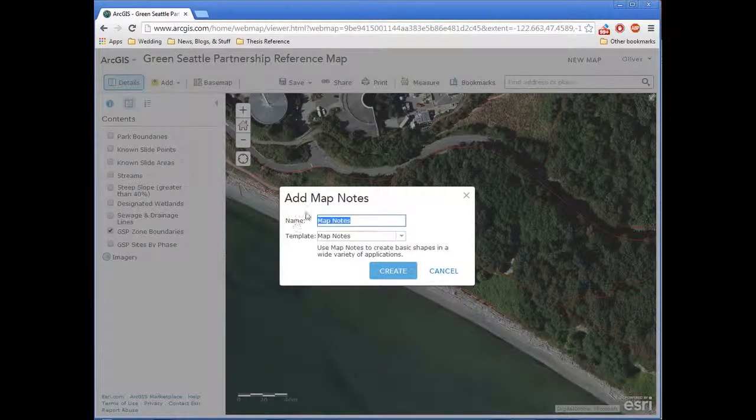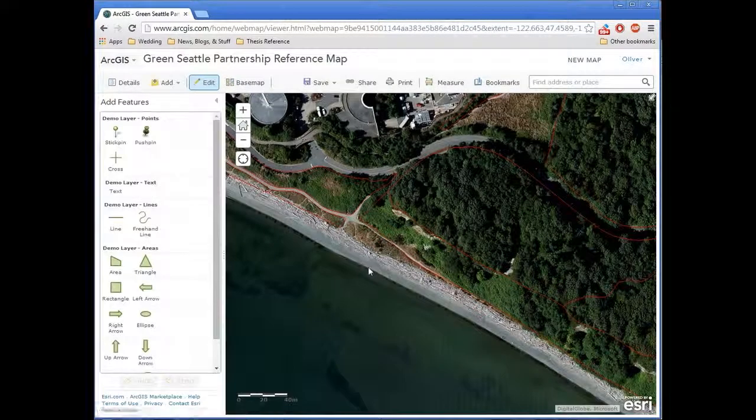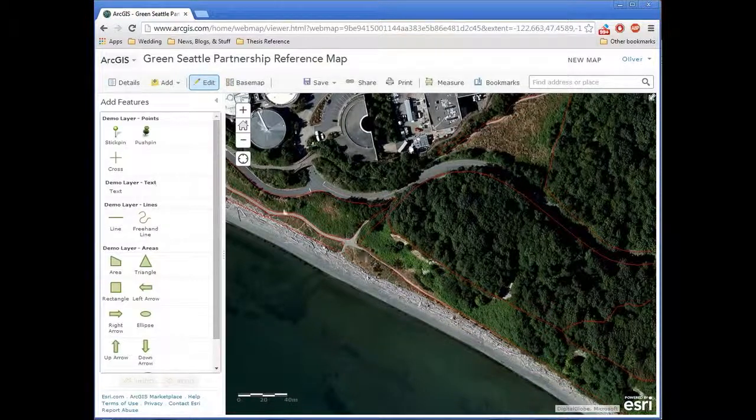Again, to make changes, once you're logged in, you already have the Add option. You want to add map notes, and here you can label them. You can think of each map notes layer as a separate data layer. So in this case, I'm going to name this a layer. And you may find that you want to organize your layers by themes or by phase or something like that. And the tools are the same as the other way, but what's interesting about it now is, once you create your shape,